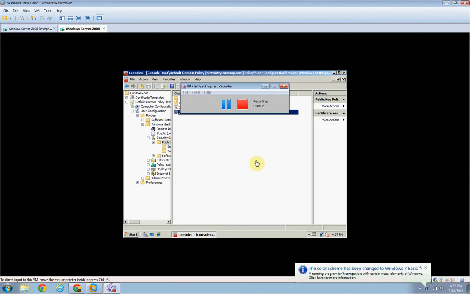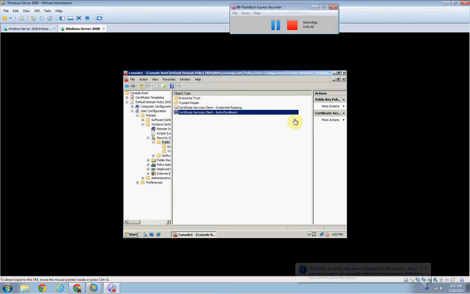So I already have the group policy management editor opened, and let's see, we need to make sure that the default domain policy is expanded, user configuration is expanded, policies is expanded, Windows settings is expanded, and security settings are expanded,